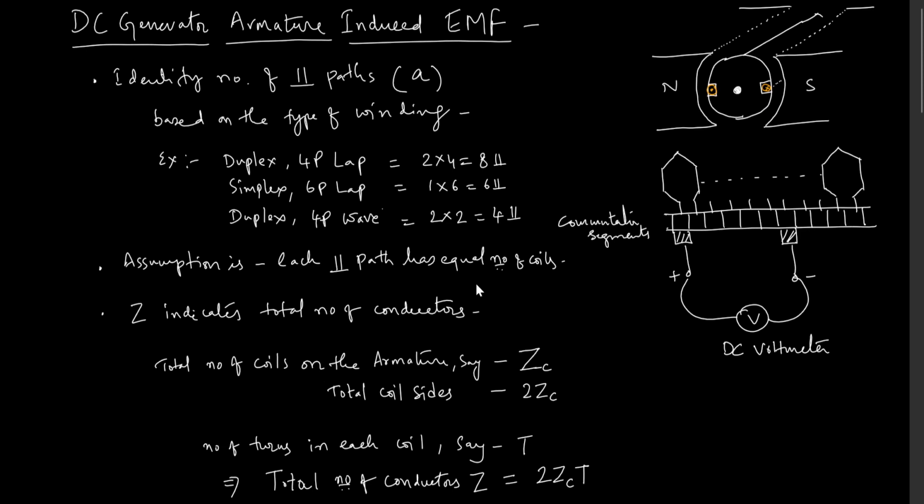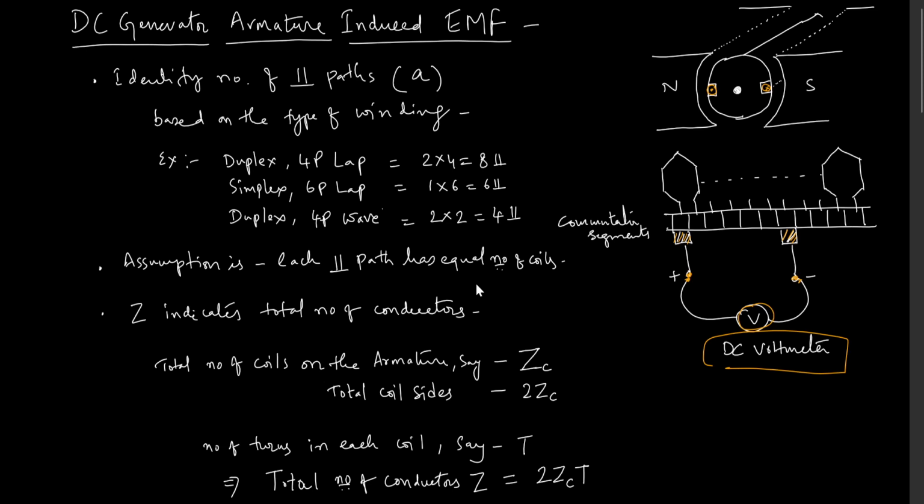So we know that the armature is wound with some winding, whether it is a lap winding or a wave winding, and the EMF is collected by the brushes like this. And if I want to measure the voltage across the brushes, I will connect a DC voltmeter. Now to